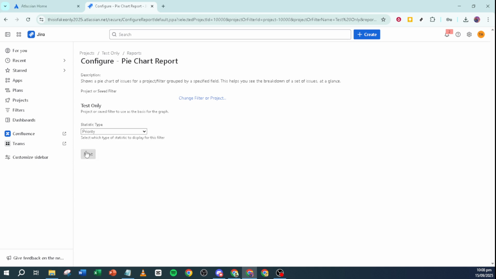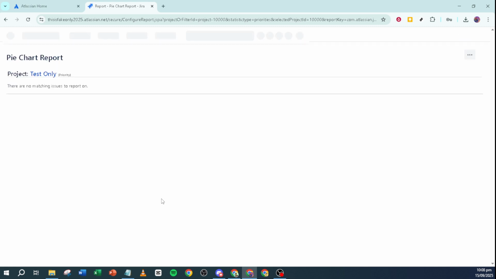And there you have it. You now have a comprehensive report that you can use to inform your project management decisions. Remember, the effectiveness of your reports relies on the accuracy and completeness of the data you provide to Jira. Regularly updating tasks and statuses will greatly enhance the reliability of your reports.